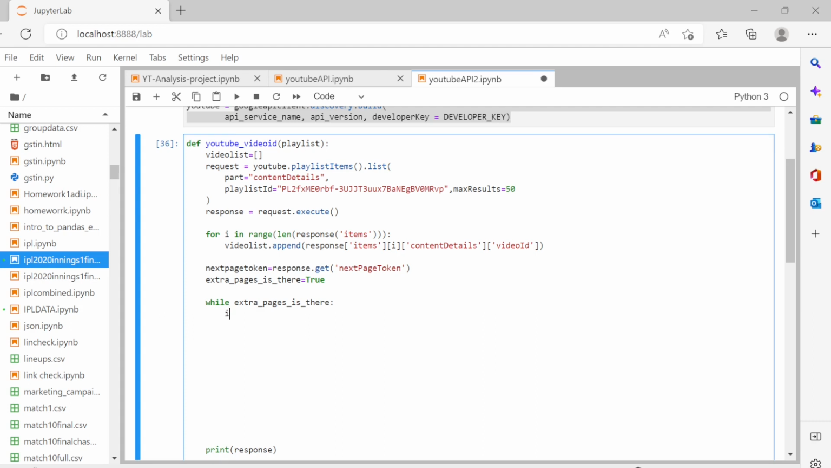So the first condition we can give like that. If this next page token value is not there, or it becomes none, then we can say extra pages is there is equal to false, because next page token is none. We know that is the last page, which means there is no more extra page after this. So in this particular case, extra pages is there becomes false. As a result, the while loop will stop running. But till it becomes false, it will continue running. And what is the else condition? So if next page token is actually there, there is a value,